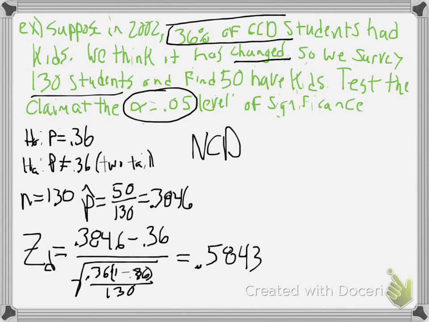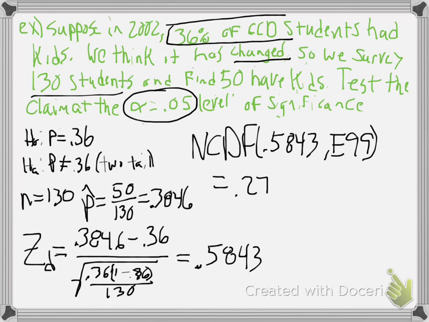So normal CDF of 0.5843 to E99, and we get 0.2795, but then I have to take that times 2 because it's a two-tail, so 0.2795 times 2 gives me the p-value